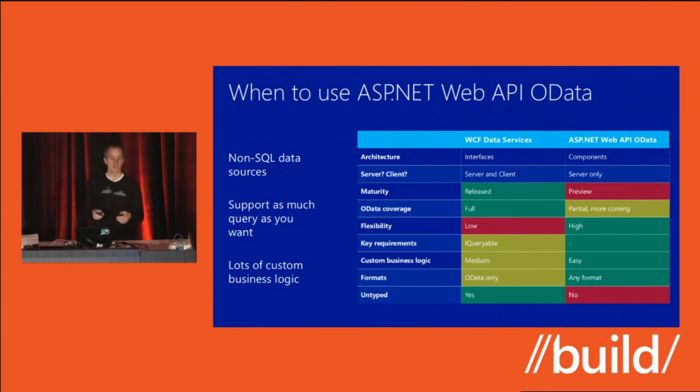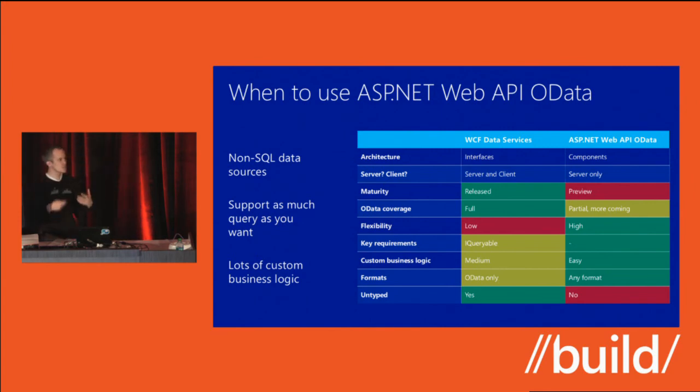It will work great. Where ASP.NET Web API OData support can give you some value is where you have a custom backend data store that doesn't support full IQueryable. It could be a bunch of web APIs. We've talked with people who have custom database implementations. You can do those things with WCF Data Services, but you end up having to implement their provider model, and it can get complicated. Whereas with Web API, you just implement some actions, and then you deal with your data source however you want.